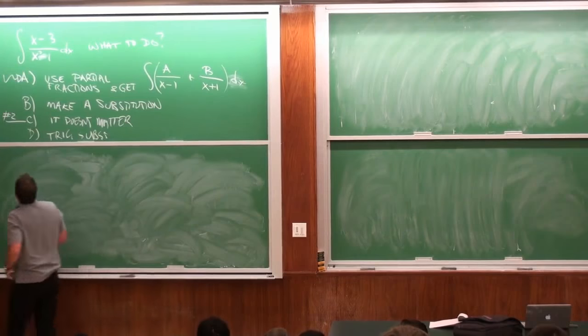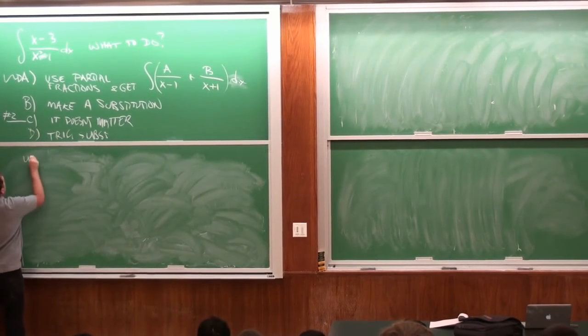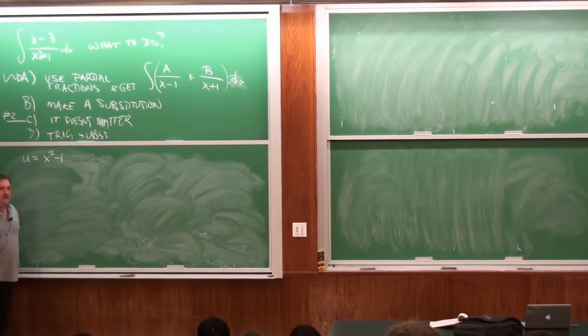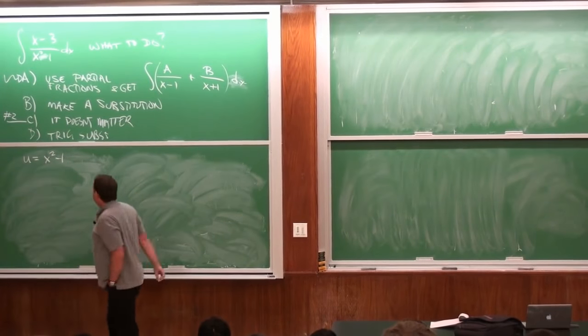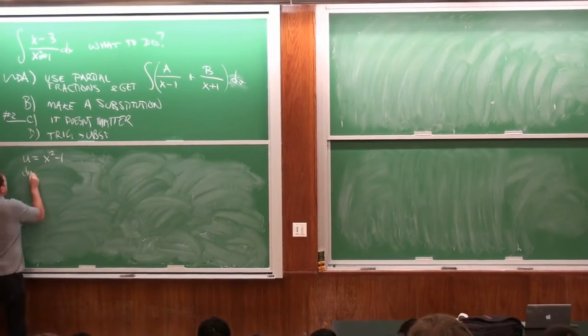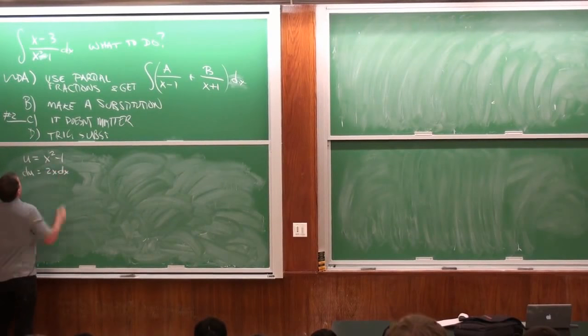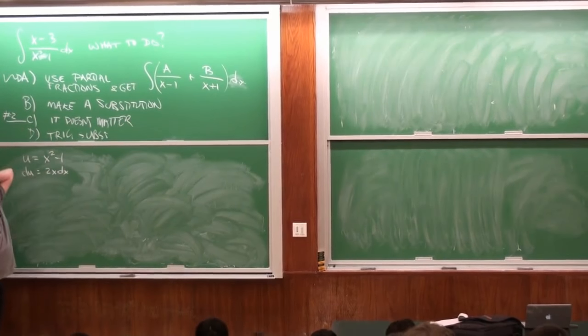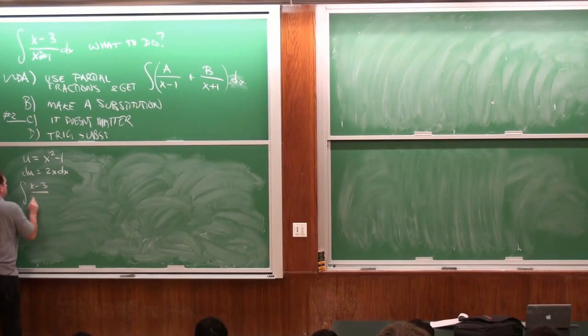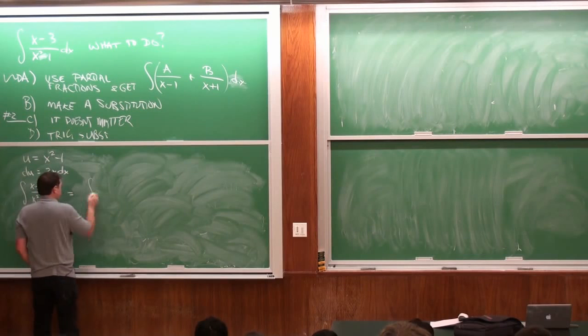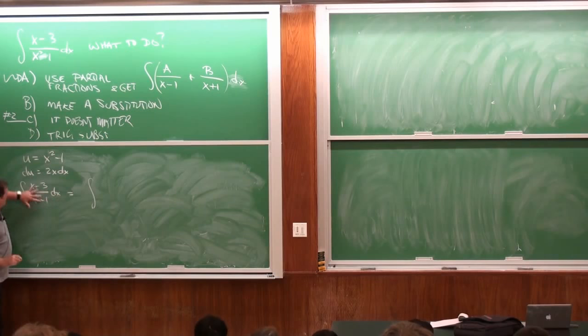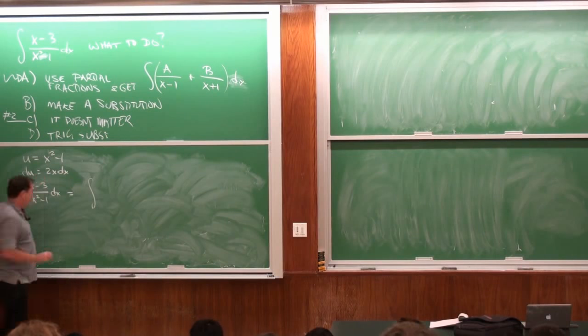So here, if I make the substitution, obviously I want to let u equal x squared minus 1. I don't know if that's obvious to you, but it's completely obvious to me. And then du is 2x dx, and I almost have an x dx sitting around there. I have that 3, but so what? So if I do that, then the integral of x minus 3 over x squared minus 1 dx will be, I put this part, and then I have the 3 left over. So actually, let me leave that in.